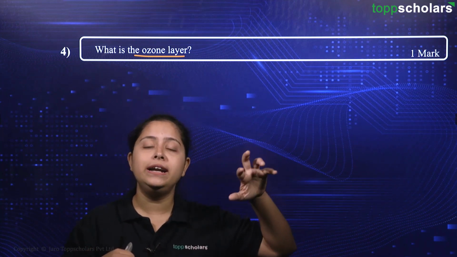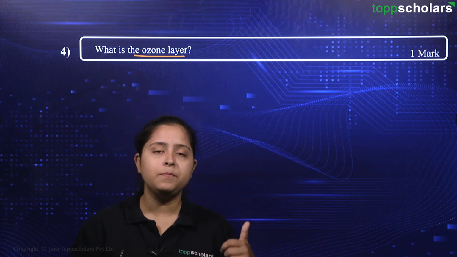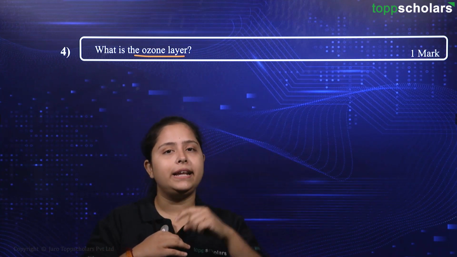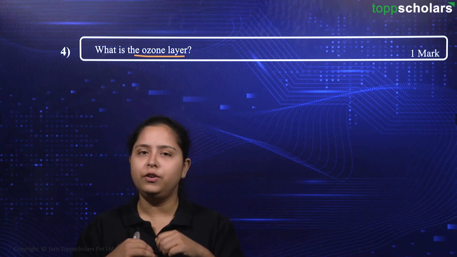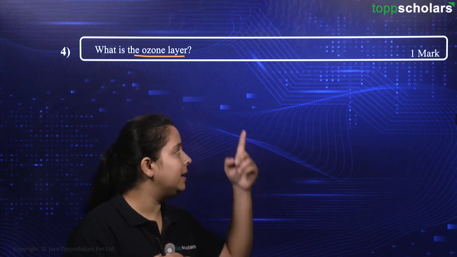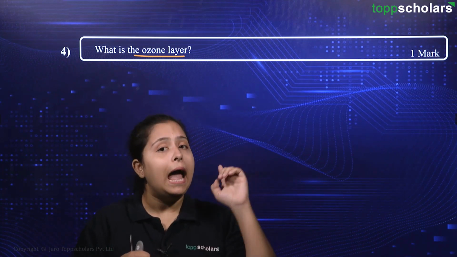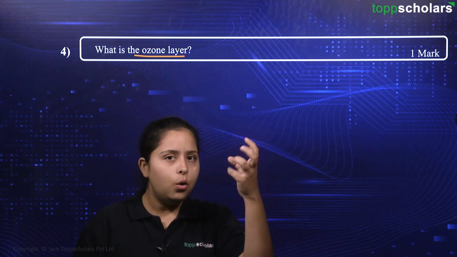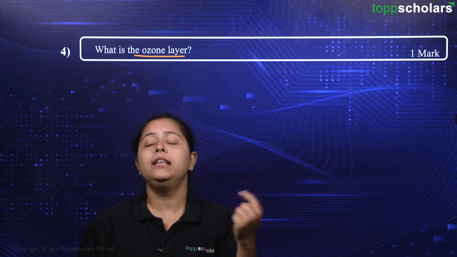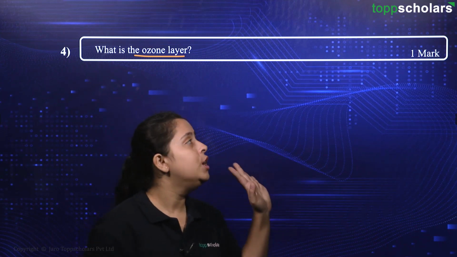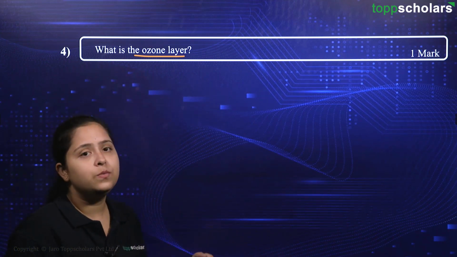This was seen over Antarctica regions few years back. So what will happen is, this layer is protecting against the harmful UV rays that are coming from the sun. So it filters it out and the harmful rays are being absorbed by this layer. And if this layer is being depleted, then those harmful UV rays will be directly coming to us and they will cause harm to human beings and to other organisms as well. So hence, this ozone layer is very important.